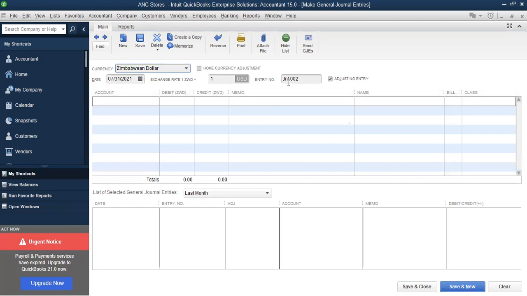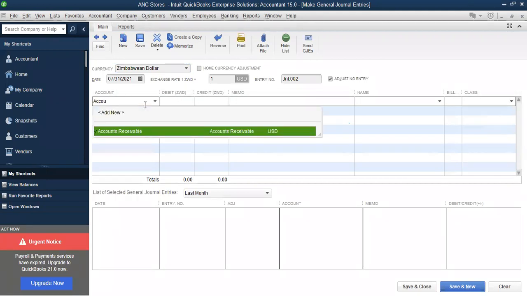Then journal number 2. Now once I define the first journal, all the other journals that follow, the system will define. Don't forget the exchange rate. Can I go dealer in Zim dollar? So I will come to the exchange rate after. You come here and say accounts